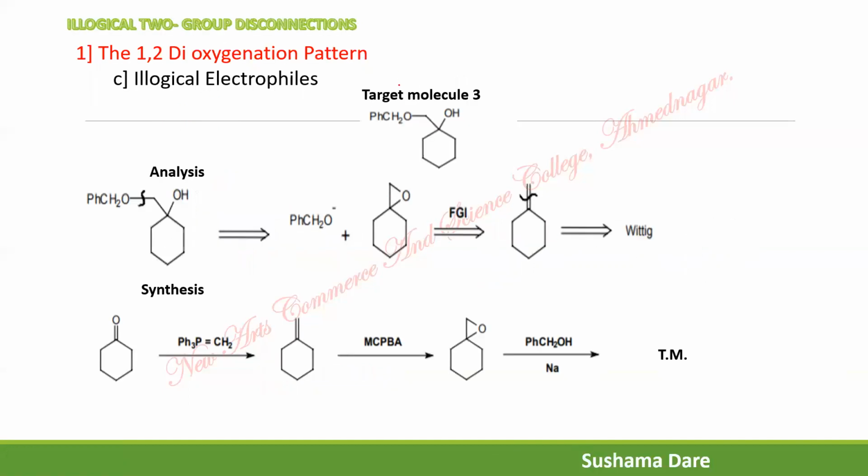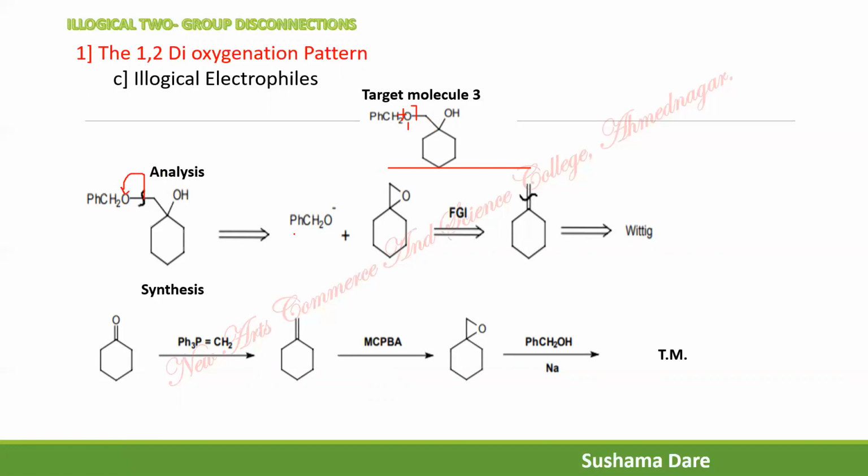Now, this is the next target molecule. What you see over here, how many different types of functional group? So you can see here there is a carbon-oxygen linkage. Now for the carbon-oxygen linkage, you have this possible disconnection, either disconnect here or here. Which is the best disconnection? That is CH2, CH2. You need a 2 carbon for epoxy formation. So the best disconnection is here in the direction of this oxygen.